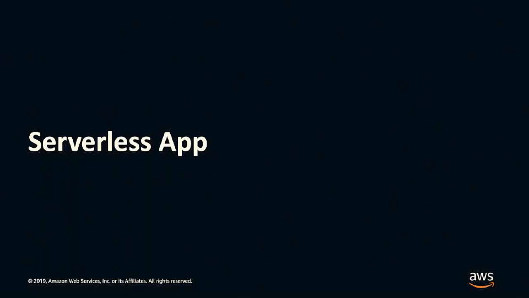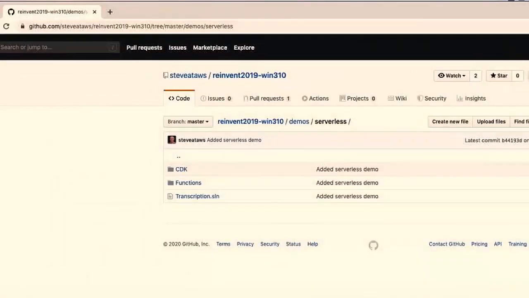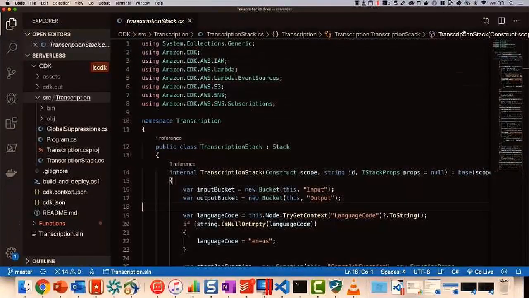I'll finish in the next few minutes just showing you a more, I guess, real-world application, which is slightly more complex. It's a serverless application, and it transcribes audio. Again, it can be found in the GitHub repository that we use for this session. And I'm just going to run through the code again to show you roughly what it does, and then we will deploy it. So this is